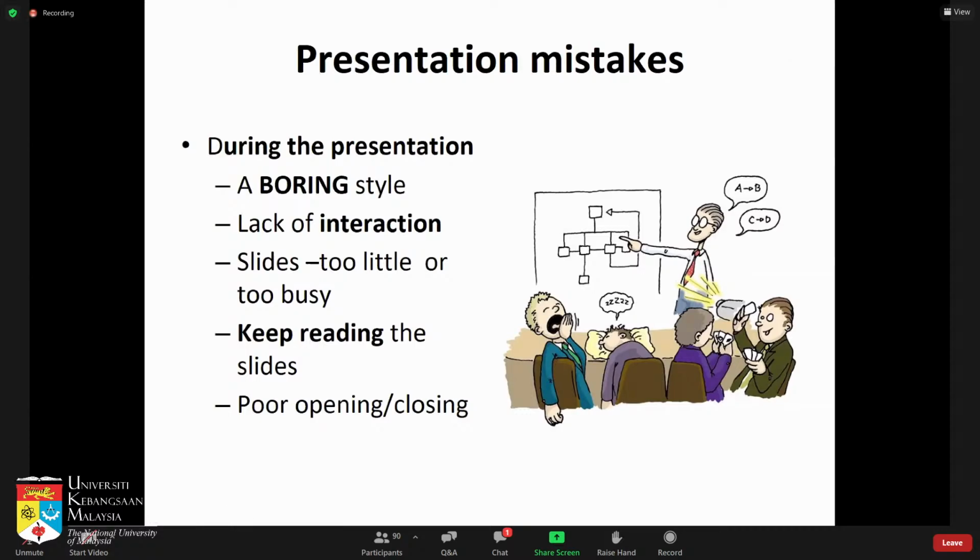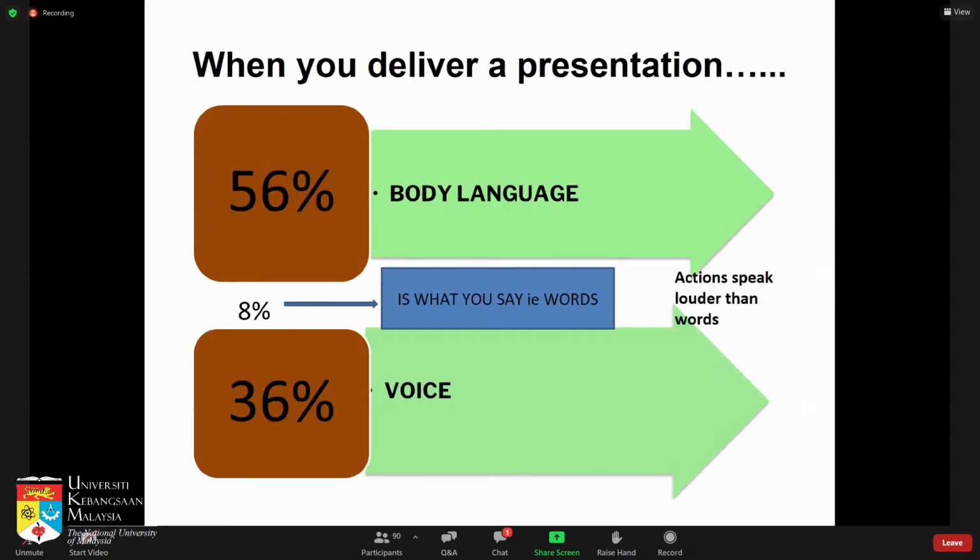And the slide could be too congested, too busy, and too little. And the speaker keeps reading all the words on the slide. I have seen that, even from senior persons. This is absolutely appalling. You must also have some opening of your presentation, and the closing. So when you deliver a presentation, half is your body language,